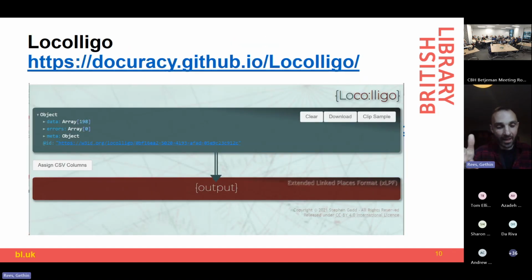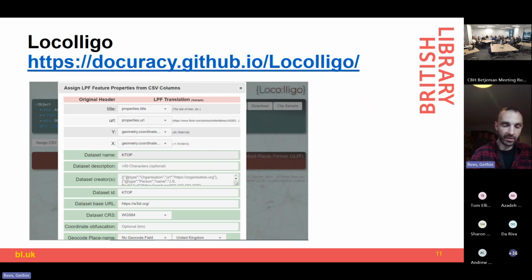So on Google. Now, this is Localigo. The most simple functionality for Localigo is that you just point your browser here. It's an openly available app. You choose input, and that basically uploads a spreadsheet to Localigo, of the type that I mentioned before, with title, URL, lat long, and then you can open this modal, and here you can assign the 4 columns at the top there